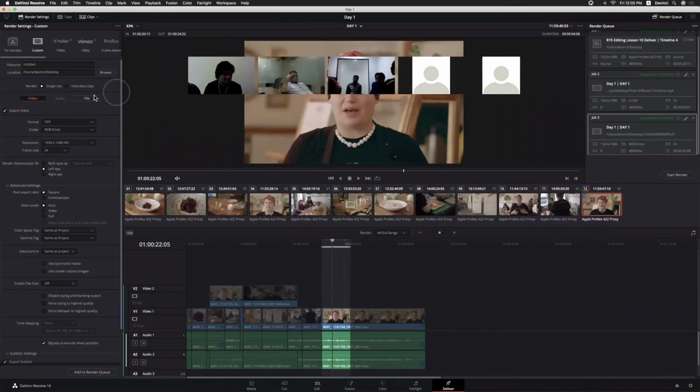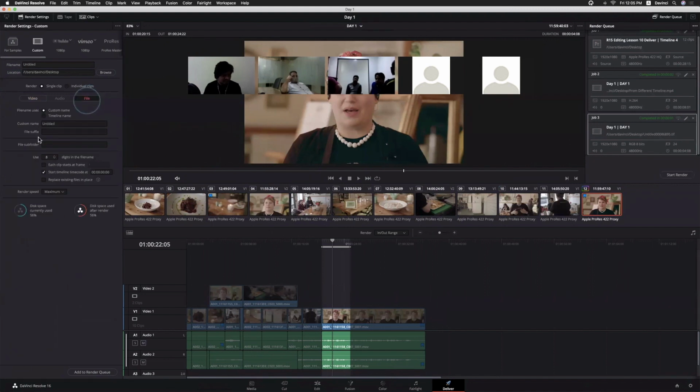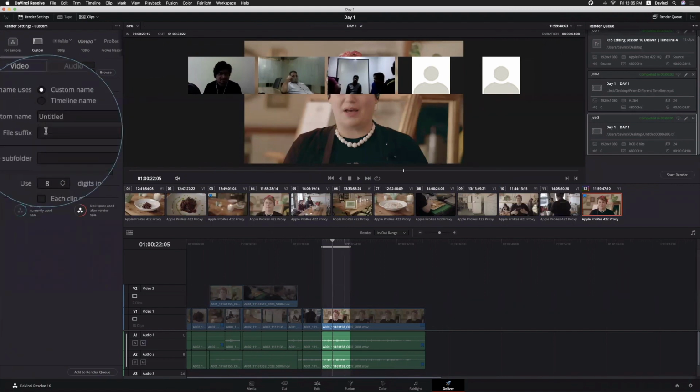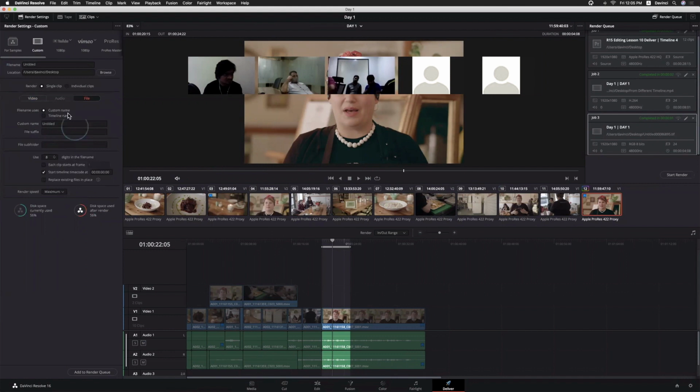That option is available under the file category. You can add a suffix like 1, 2, 3, 4, 5, 6, and it will automatically be added to those files. So we can create presets, and we can access those presets from the.